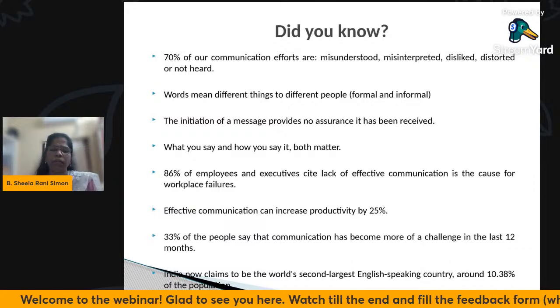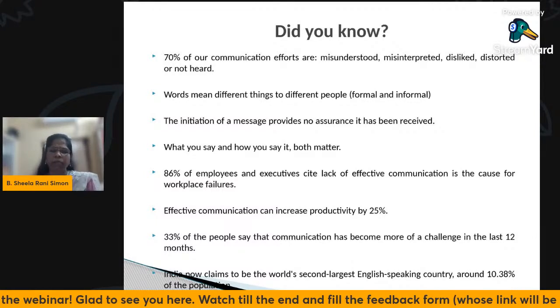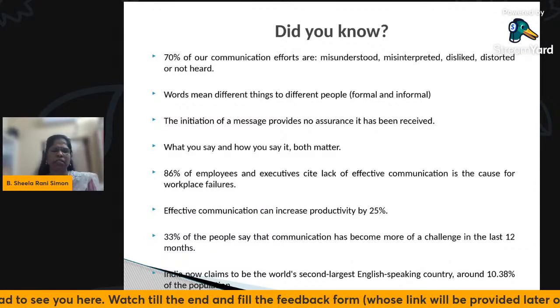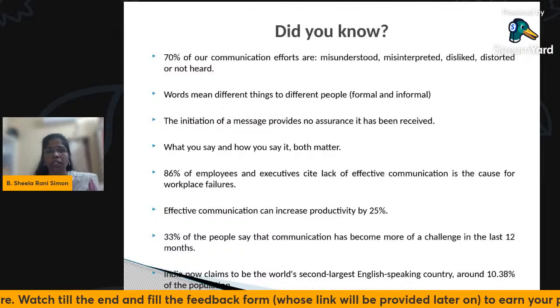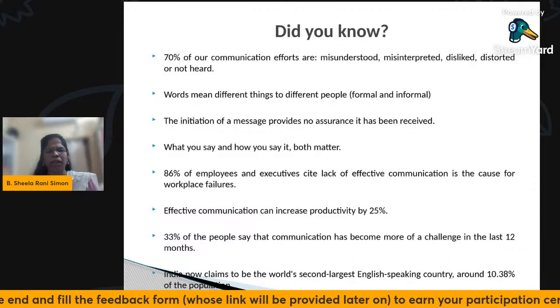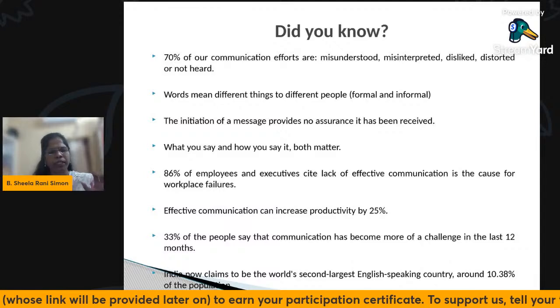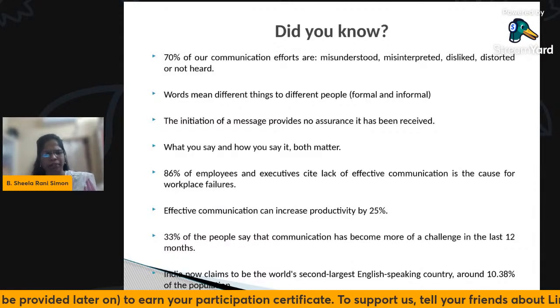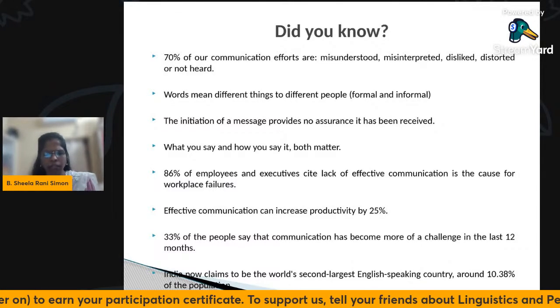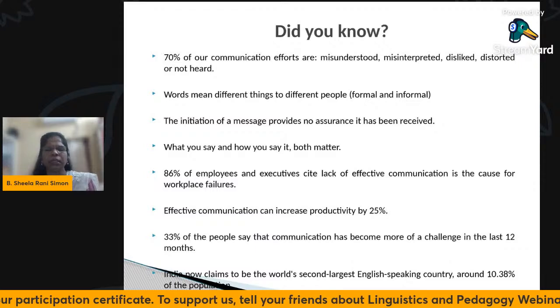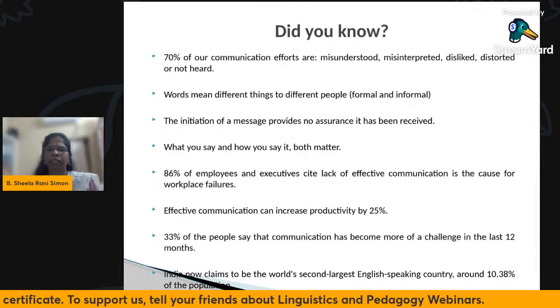I have found out that effective communication does help us succeed in life. It is not just communication. And in my slides further, I will show you what is the slight difference between communication and effective communication. So if we can run through the slide, you will see that 33% of people say that communication has become